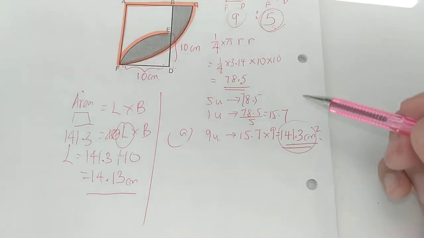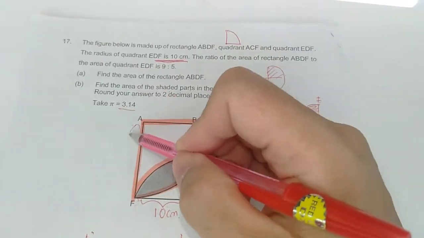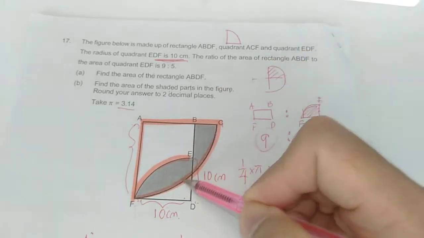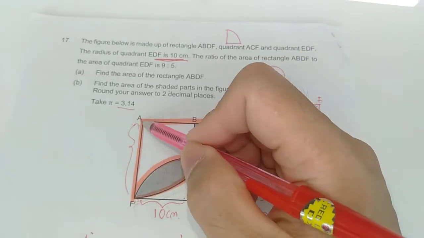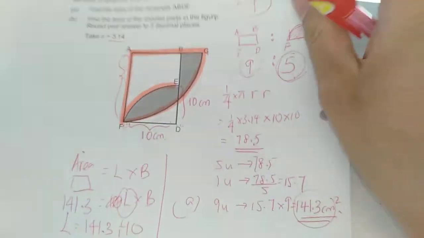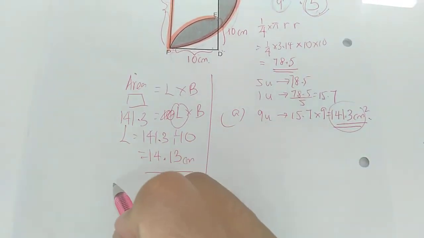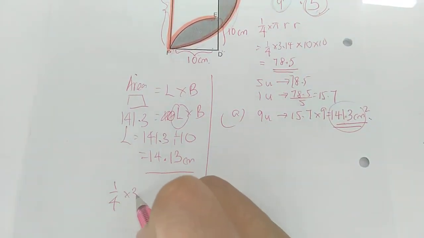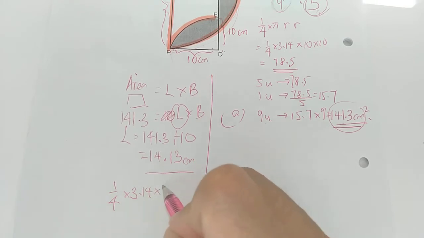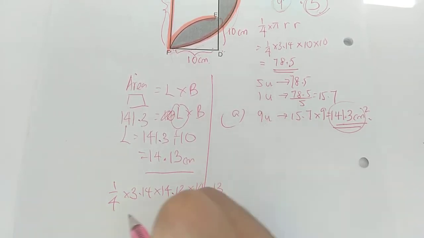Why do we find the length? Because the length of the rectangle is the radius of this quadrant. So let's find the area of that quadrant now. The quadrant is 1/4, right, times pi, which is 3.14, times radius 14.13, times 14.13, you get